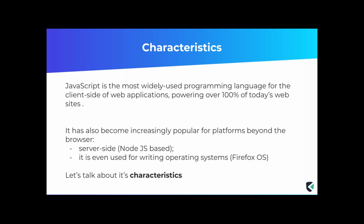And JavaScript is also becoming very, very popular, like we touched on, on the server side. And also full-fledged operating systems are being written in JavaScript. And a variety of machine learning frameworks, like TensorFlow.js, are also being accommodated for JavaScript, given its popularity. So to understand the characteristics, let's go ahead and start double clicking into what it means and what does